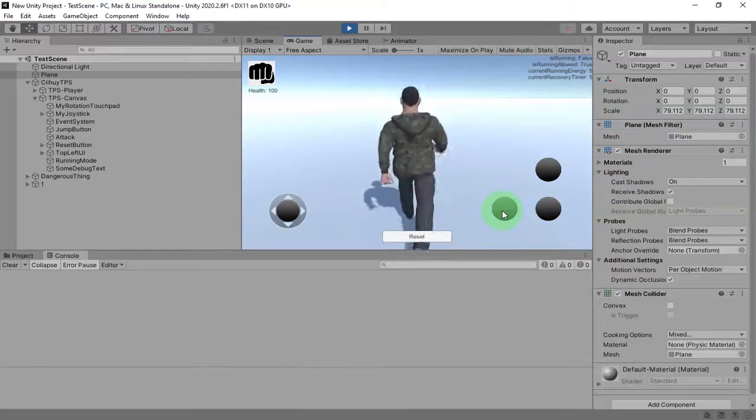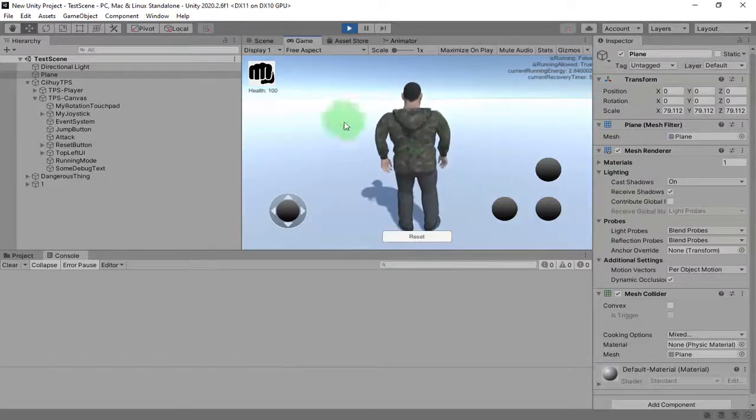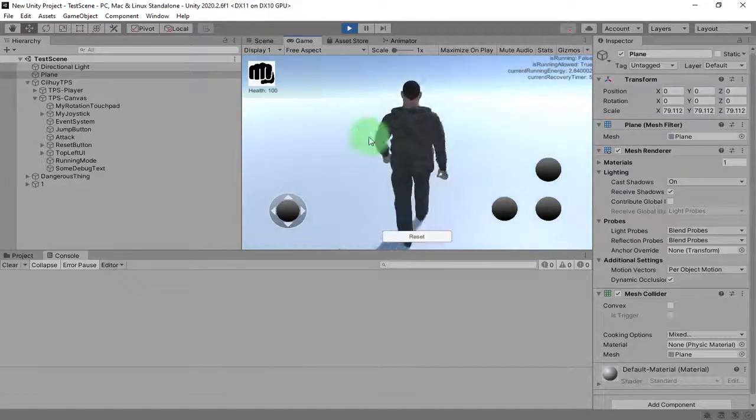Now everything is back to 5. I can press the running button again to run for 5 seconds, and I'm getting tired. I'm walking again until I recover. After I recover, I can run again. Yeah, that's it. We did it.